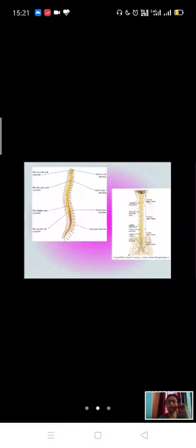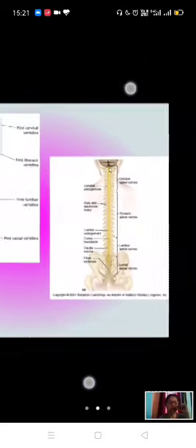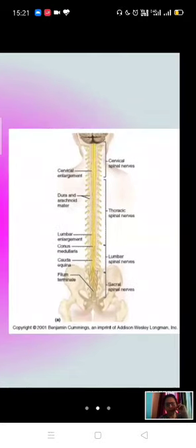Cylindrical structure starts from foramen magnum, situated inside the vertebral column, ends at the level of the L1 or L2 lumbar vertebra. Now, here there are two enlargements. One is the cervical enlargement and another one is the lumbar enlargement. From the cervical enlargement, nerves are supplying to the upper extremities, whereas from the lumbar enlargement, nerves are supplying to